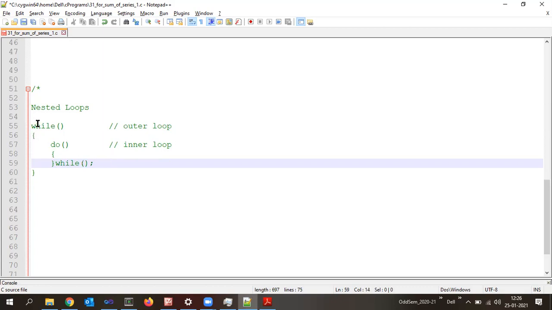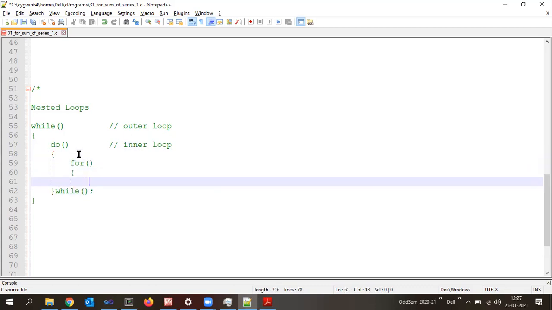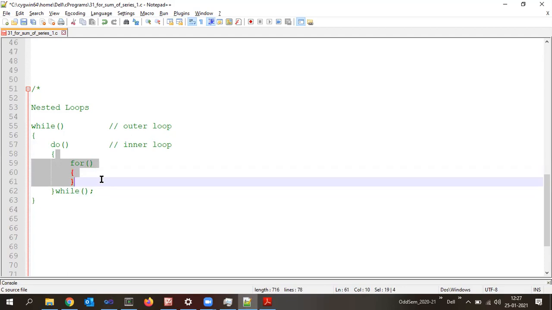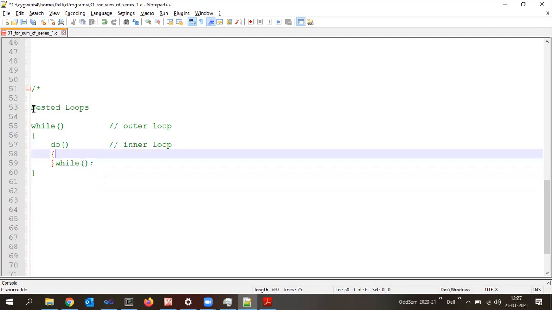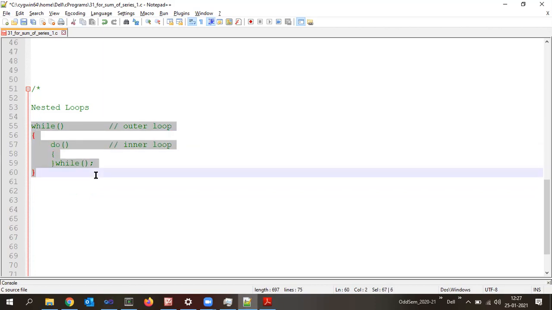It is not only that we can have only two loops. Again, inside this, we can have one more loop as well, like for. This is also a nested loop. Now let us try to understand only two levels here, outer and inner. Now you may ask where these looping structures will be used. In later sections we are going to study concepts like matrices, adding two matrices, wherein we require arrays. There are different types of arrays where we will be using these types of loops.